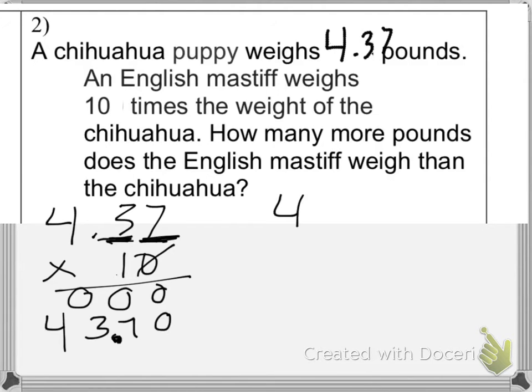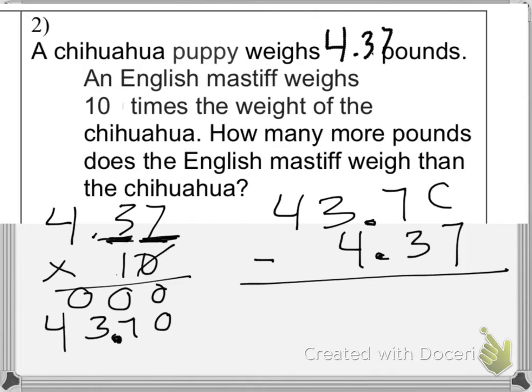So you take that 43.7 and you're going to subtract away the 4.3 0.37. I'm going to add a placeholder 0 here. If you remember, when we're subtracting with decimals, you must line them up. It's not like multiplication where you don't have to. In subtraction, you must line up and add your placeholder 0 like I did, and we'll just go ahead and